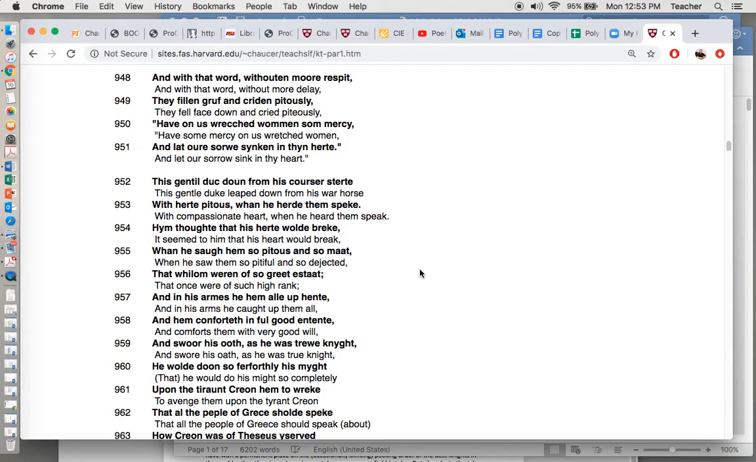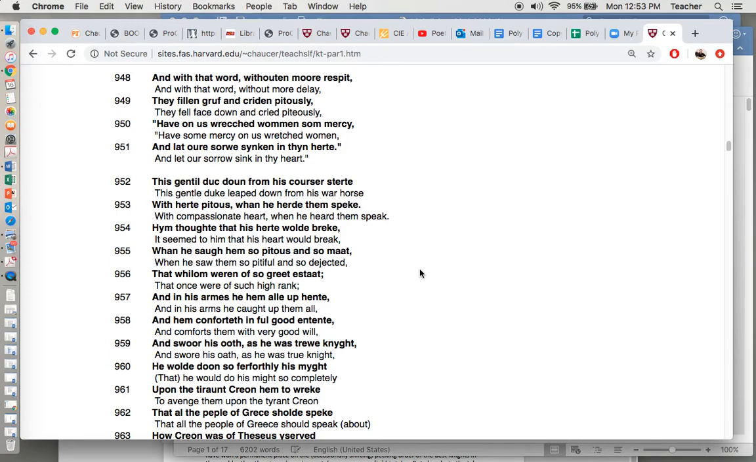With that word, without more respite, they fell groveling and cried piteously. "Have, honest wretched women, some mercy, and let our sorrows sink in thine heart." This gentle Duke down from his courser started, with heart piteous when he heard them speak. Him thought that his heart would break, when he saw them so piteous and so mad, who once were of